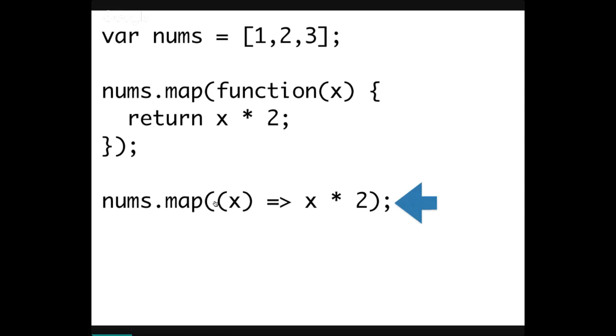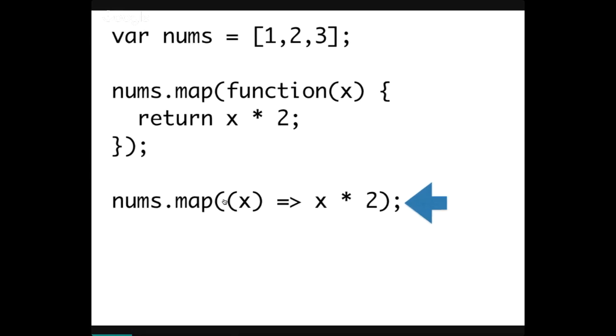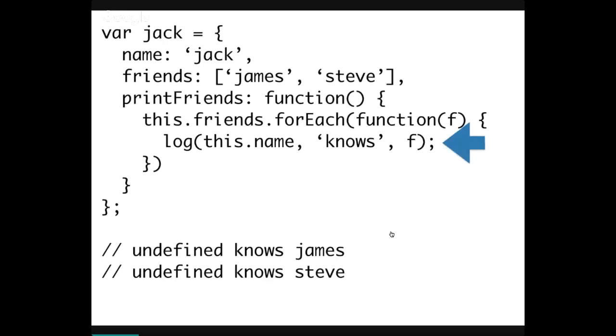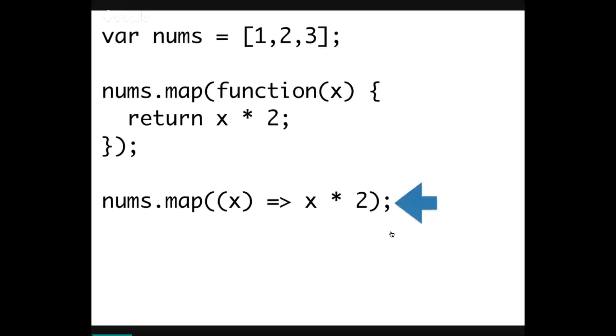So this is just saying, here's a function. Here's a function that takes a parameter of x, or an argument of x, and then it returns x times 2. And some of the stuff I don't know if it'll show it here. So with arrow functions, there's a few shortcuts that you can use, but you don't have to. For example, if your arrow function,